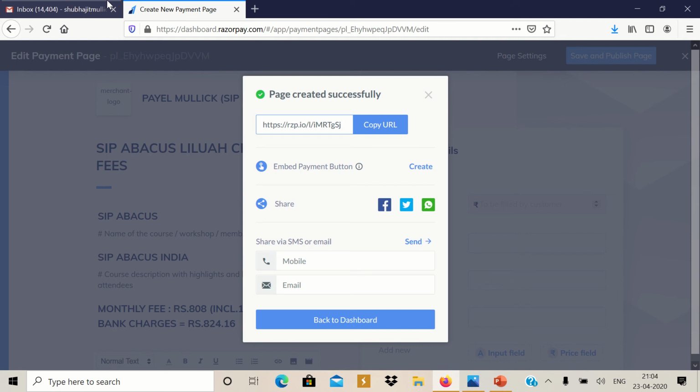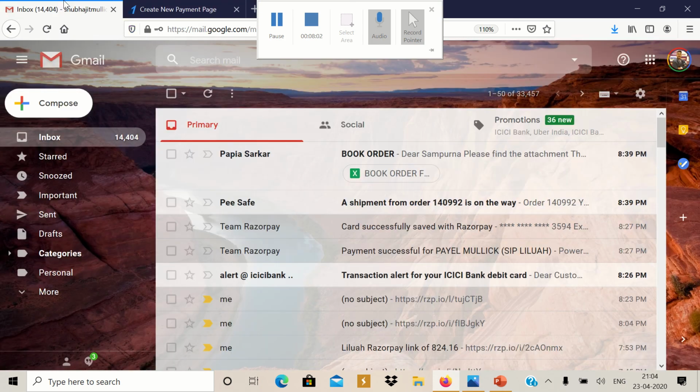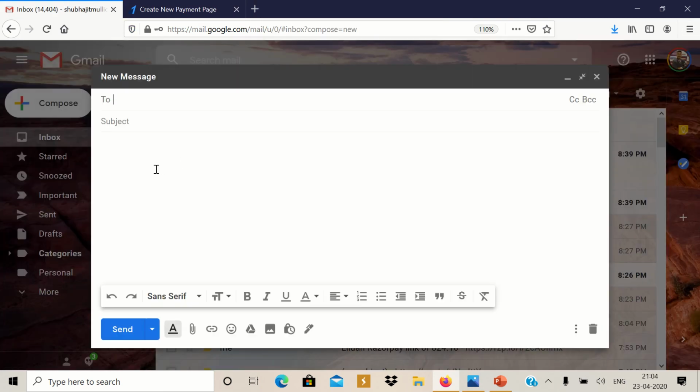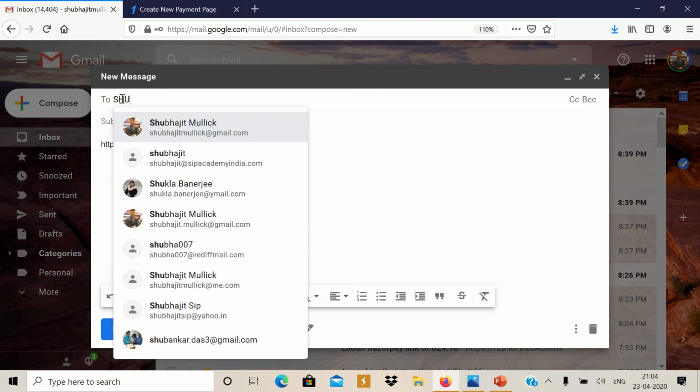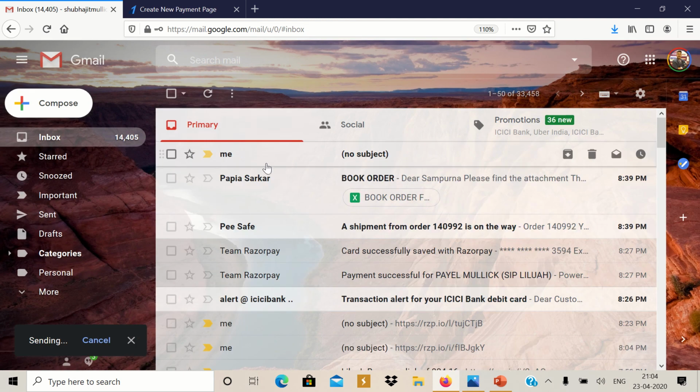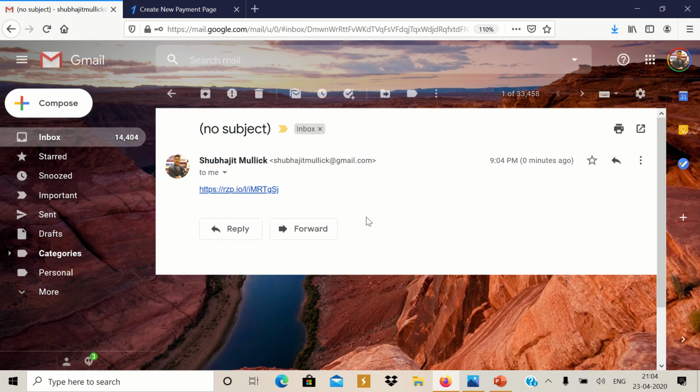Okay. And go to email ID of your, say I've gone to my mail. Go to Compose, paste the link, send it to yourself or to parents or anybody. So I'm just sending to myself. You know why? So that from my laptop or from my mobile, I can easily go to my mail ID, copy the link and WhatsApp or SMS to the parent, this particular link.